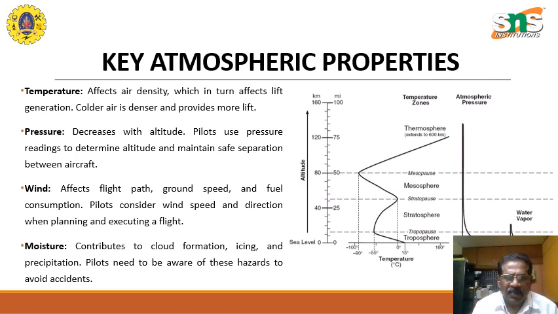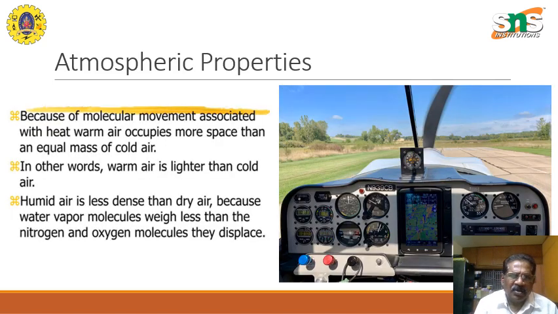Winds affect the flight path, ground speed, and the fuel consumption. Pilots consider wind speed and direction when planning and executing a flight. Moisture contributes to the cloud formation, icing, and precipitation. Pilots need to be aware of these hazards to avoid accidents. The atmospheric properties vary because of the molecular movement associated with heat. Warm air occupies more space than an equal mass of cold air. In other words, warm air is lighter than cold air. Humid air is less dense than dry air because water vapor molecules weigh less than the nitrogen and oxygen molecules